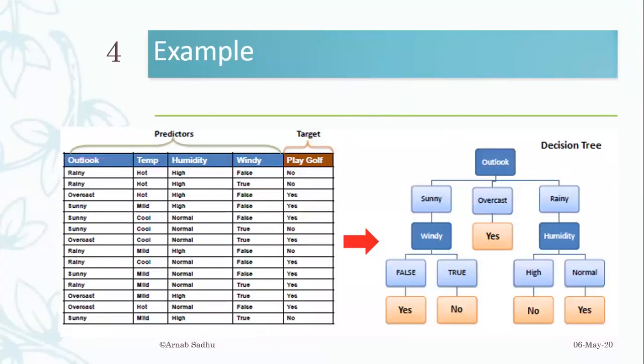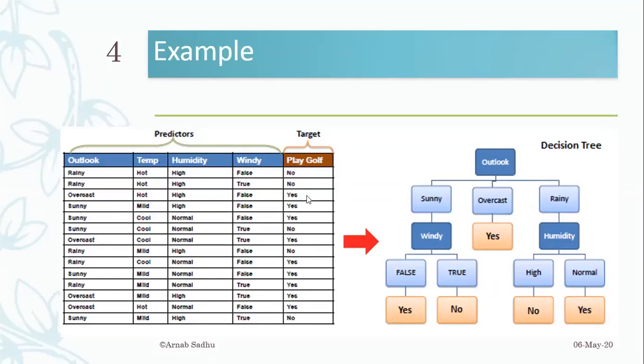Here is an example where a player takes a decision whether to play golf or not based on 4 predicting attributes, like outlook of the weather condition, temperature, humidity, and wind condition as well. So this is the decision he has taken over the last 2 weeks, and a determiner now has to make a prediction on the basis of certain weather conditions, whether a player is going to play or not. So what he will do, he will build a decision tree on that. Then he can take a decision from the decision tree.